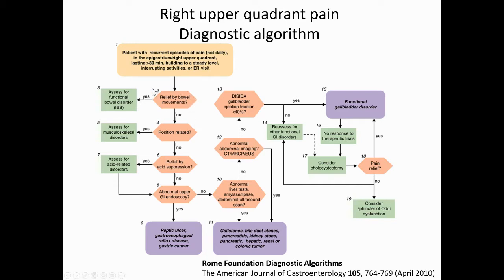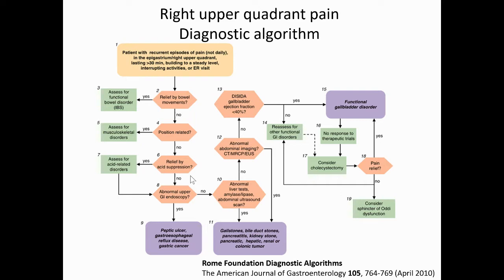And so these questions are usually asked at the ER department. So is it relieved by bowel movements? Is it position related? Or does any acid suppression help or not? So a lot of diseases can be ruled out by just 3 simple questions. And then it's either endoscopy or ultrasonography that comes next. I guess it depends on